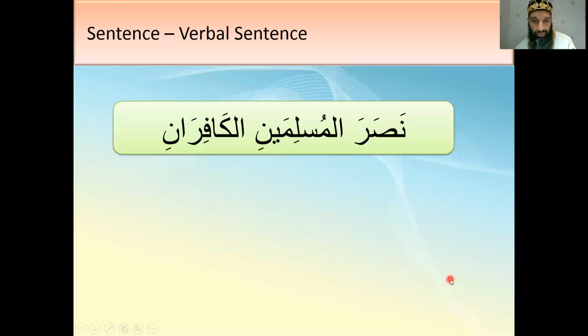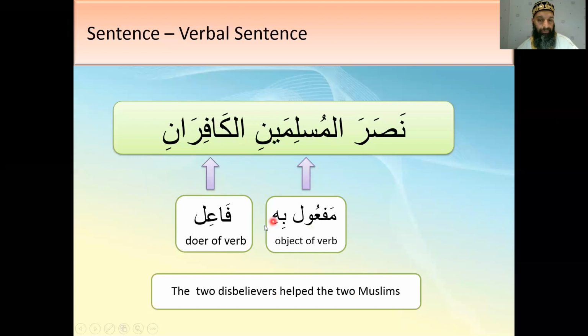Right, okay, we've got to move on. Nasr al-Muslimain al-Kafirani. Now who's doing the helping? The dual marfu is this one. Kafirani is marfu in dual. Ani is dual marfu. So this time the disbelievers are helping the Muslims. And this one, the doer, the two kafir. Ani is marfu, remember? So the two kafirani, the two disbelievers, are helping